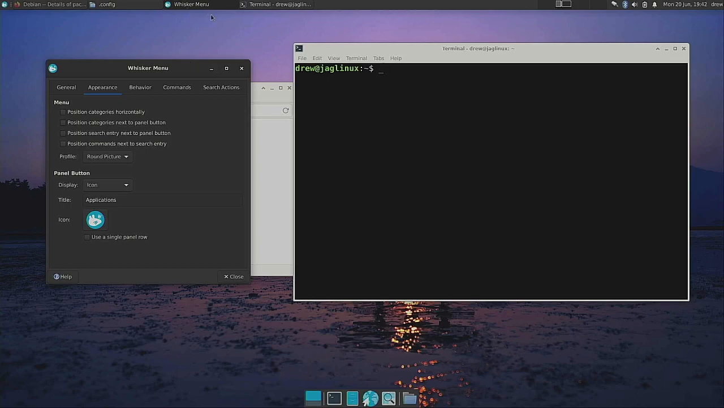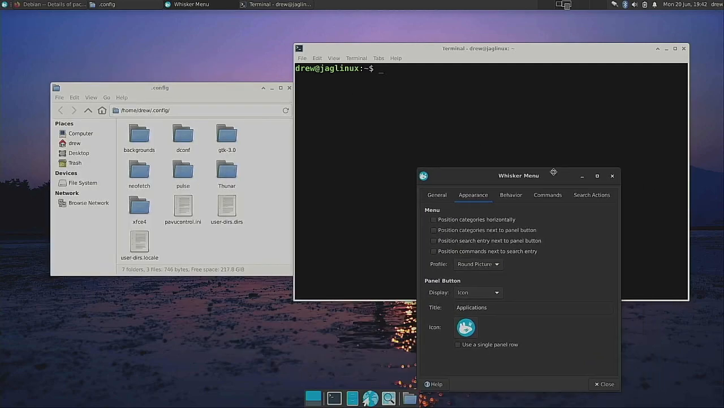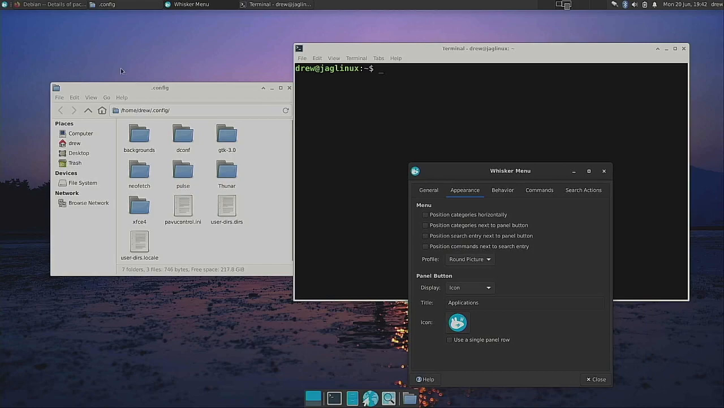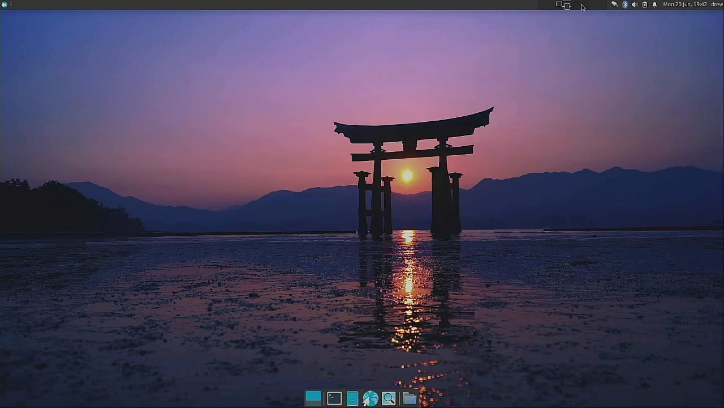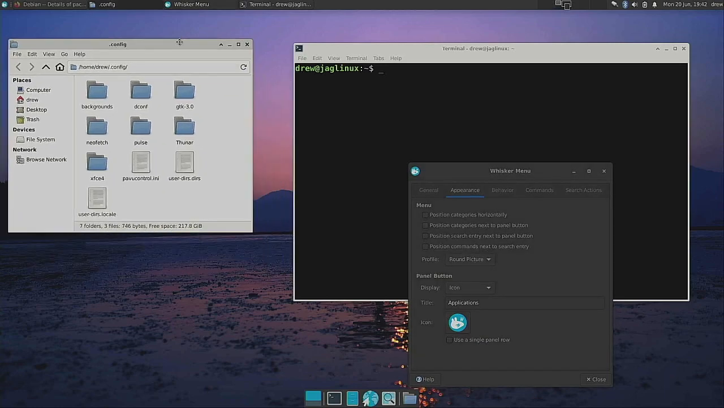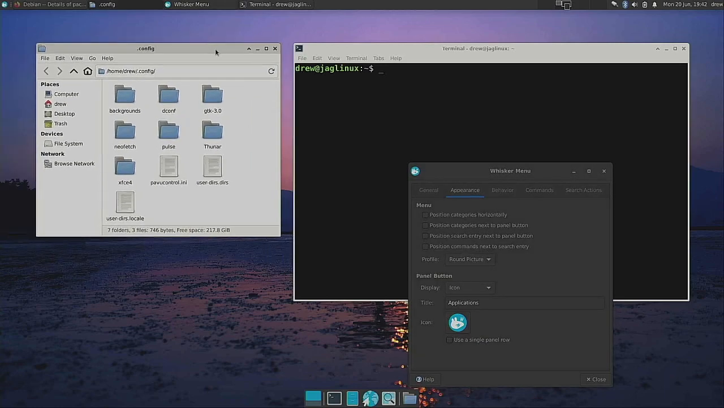So what we've done so far is we've put in a network applet. We've changed the start to Whisker Menu. We've removed the icons from the desktop. And we've also changed our background. Okay. So the most important thing that you want to do now is you want custom icons and you